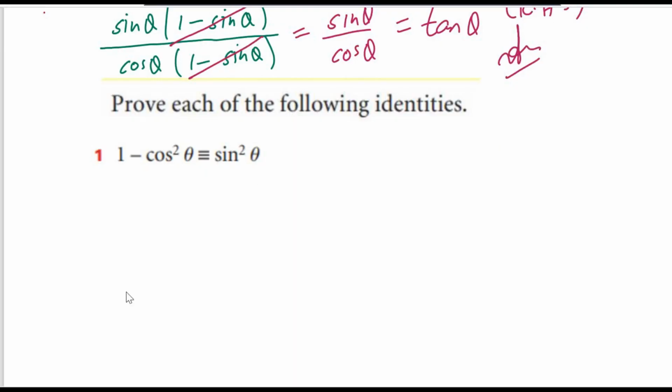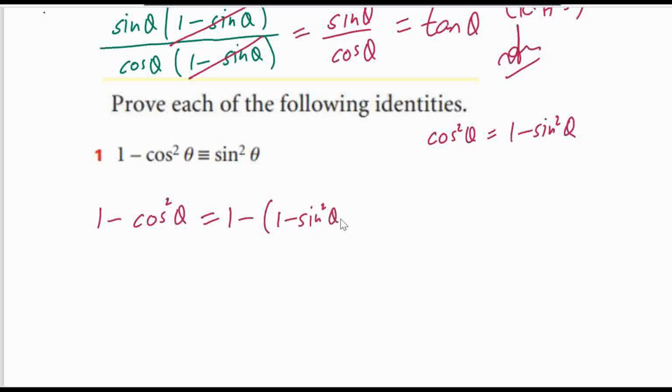Now 1 minus cos square theta is equals to sin square theta. So in this also we can take the left hand side. Left hand side is 1 minus cos square theta. So we know that cos square theta is equals to 1 minus sin square theta. So we can write this portion as 1 minus